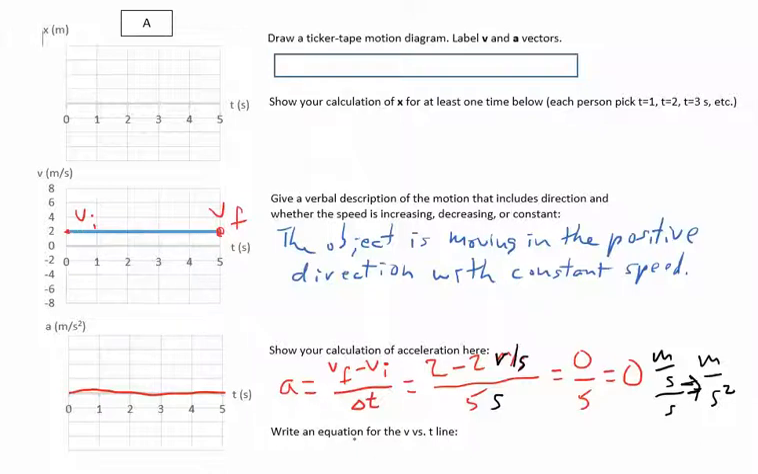So down here I ask you to write an equation for the v versus t line. And I'm going to do this in green because it's velocity related. And so as you know from math class, y equals mx plus b is the general equation for a line. But in this case, y is actually v, so it's going to be v equals, and m is the slope of that line, and in our case the slope is the acceleration, and so that's going to be a value of 0,